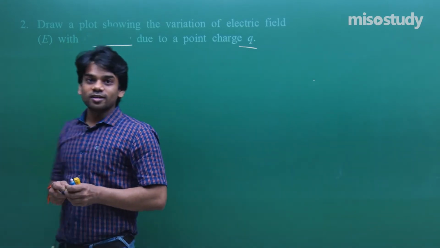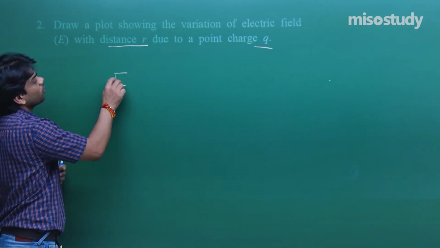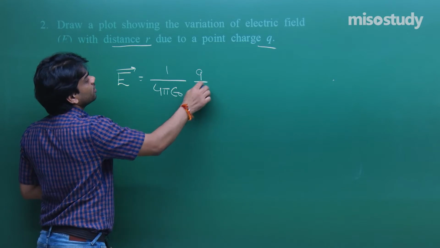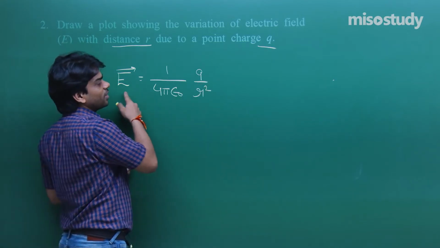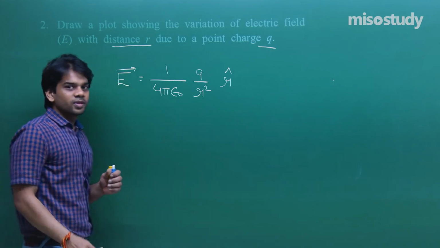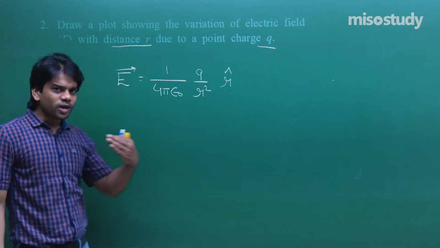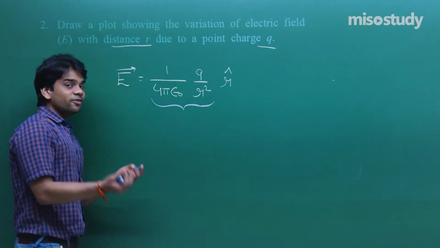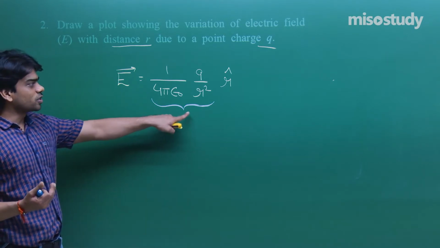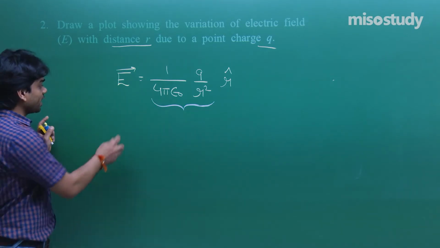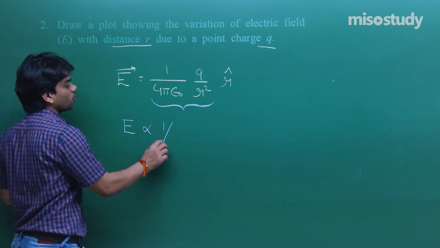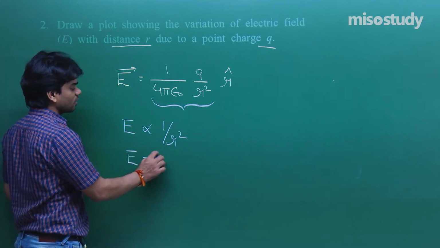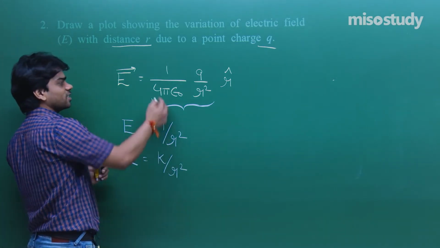Let me give you the formula to express the electric field due to a point charge. It's given by E equals 1 upon 4 pi epsilon naught, Q by R square, and since I have mentioned a vector sign, I'll be using R cap. For a positive charge we are discussing, the electric field will be away from the positive charge. You see that this is an equation where the inverse of the square of the distance shows the variation of electric field with the distance. So I can write that electric field is proportional to 1 upon R square. All the terms are constant. We can write E is equal to K by R square, where K is all the rest of the constants I have used.